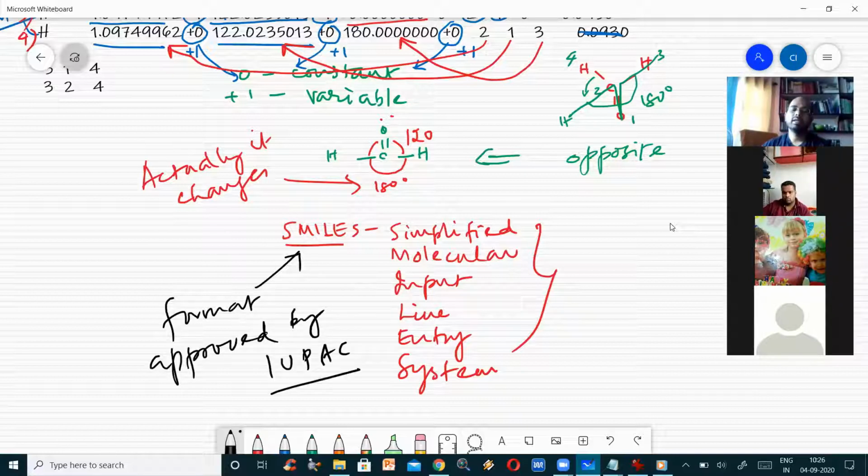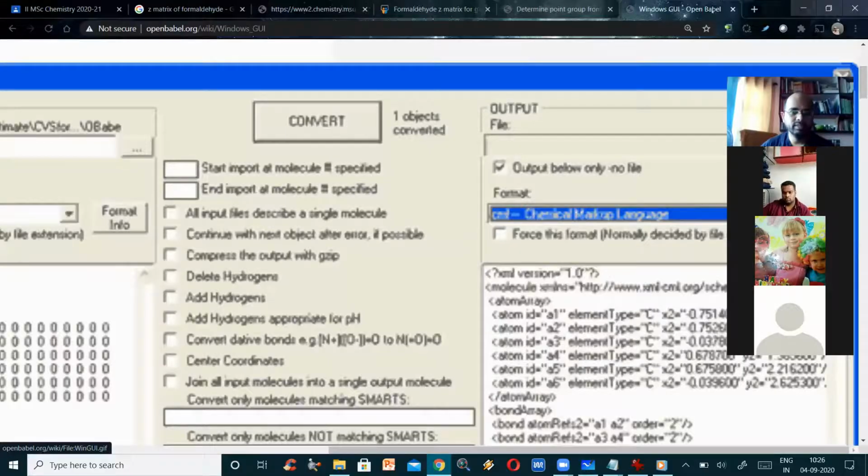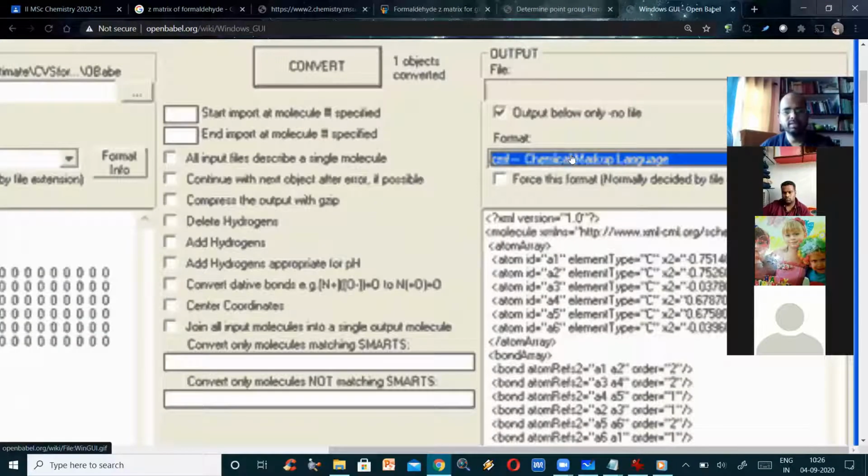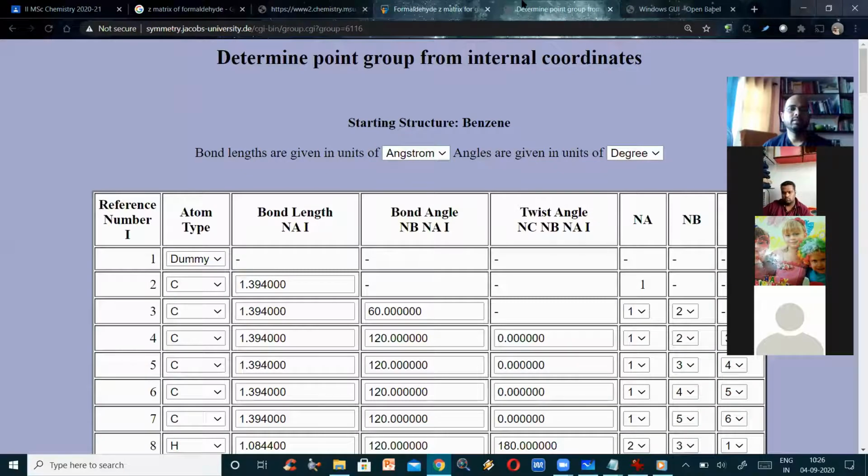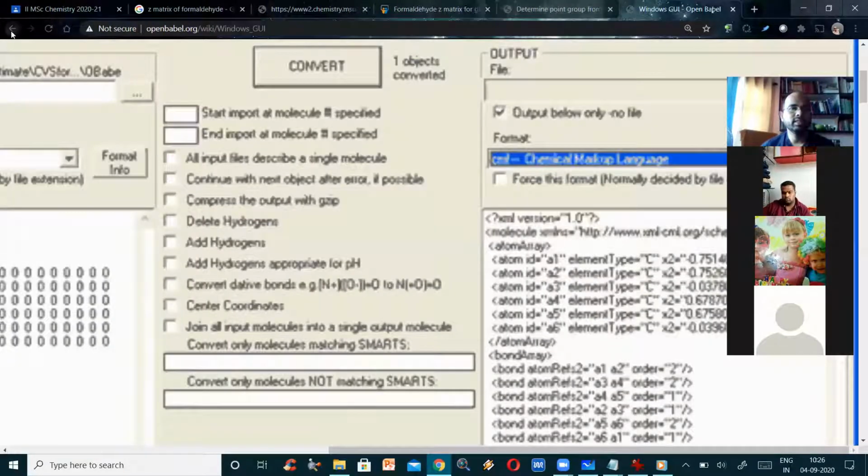Whatever is approved by the IUPAC format, it is a very good hit. So whatever format you write here, you have to click that. Once it is installed, I will show you. OpenBabel is not coming up. Okay, that is the interface there.